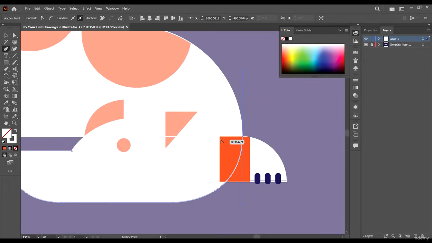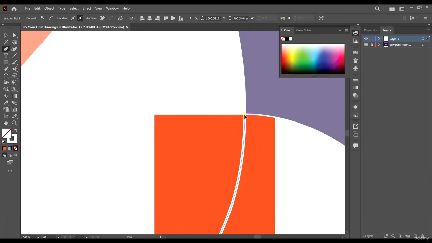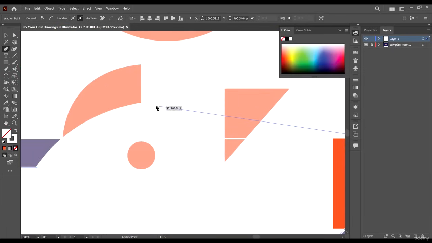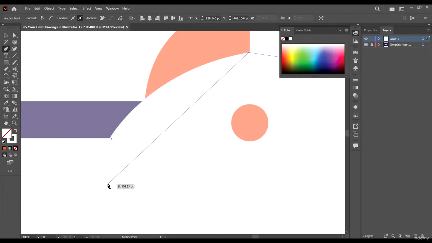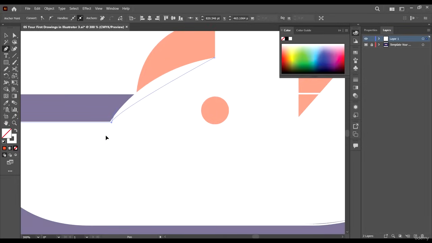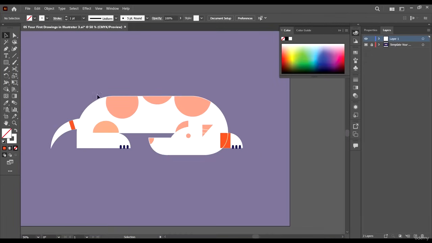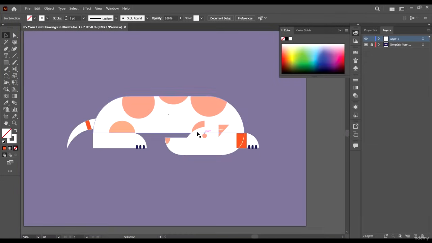Even though the shape is not completed, we need to still click our last anchor point and then just come here so as to create this head shape like this. So for this one, we can just click here and drag to complete the shape. Now as you can see, we have our shape. When we finally come to add all our colors, we'll see how everything comes alive.